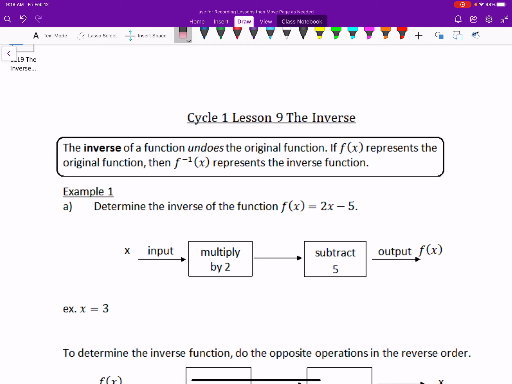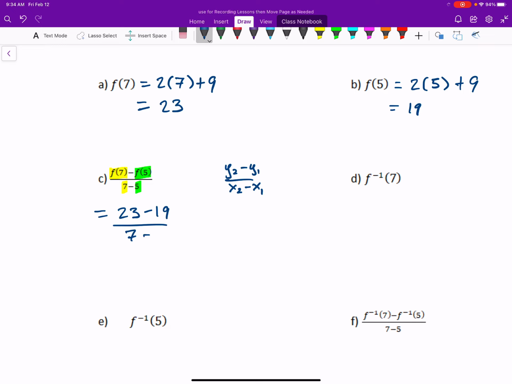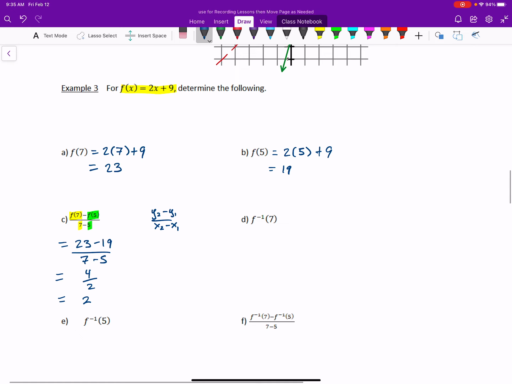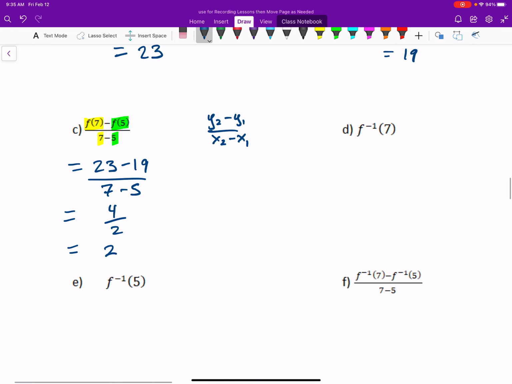All right, so f at 7 we saw was 23. And f at 5 was 19. That's just from what we did in parts A and B. Over 7 minus 5. So 23 minus 19 is 4. 7 minus 5 is 2. And I get a value of 2. And again, is that my slope? Well, yeah, it is my slope, right? If you look back at the original equation, 2x plus 9, my slope is 2. So